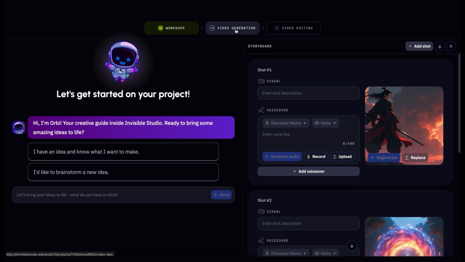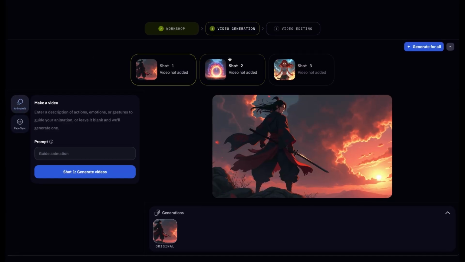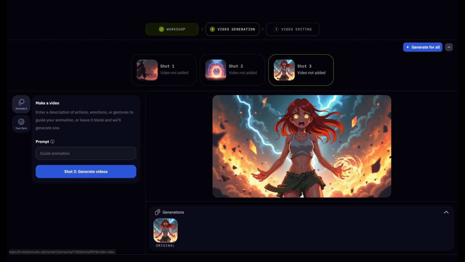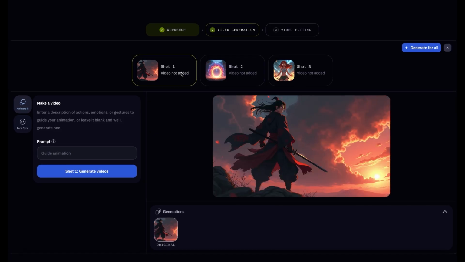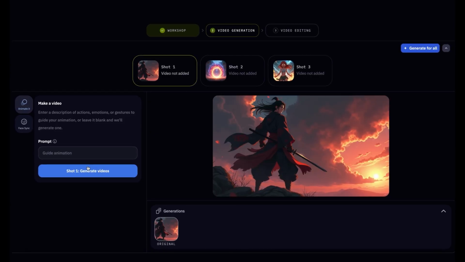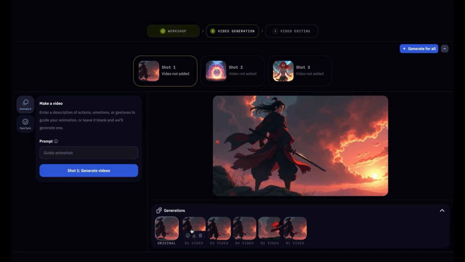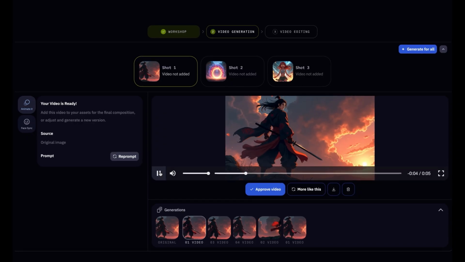Once all your images are in place, click Video Generation at the top of your screen. This is where all the magic happens. We'll bring your static images to life with animation. If you're not sure what type of animation you want, simply click Generate Videos and Studio will automatically create animated